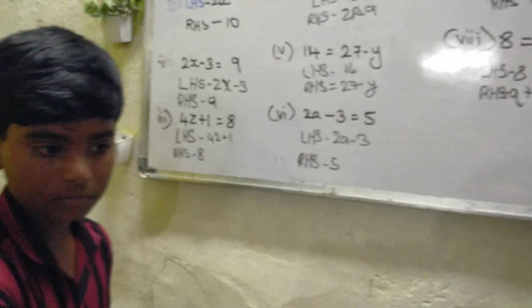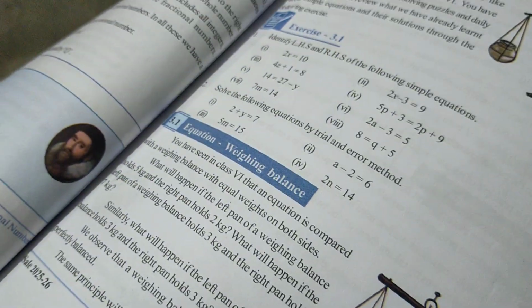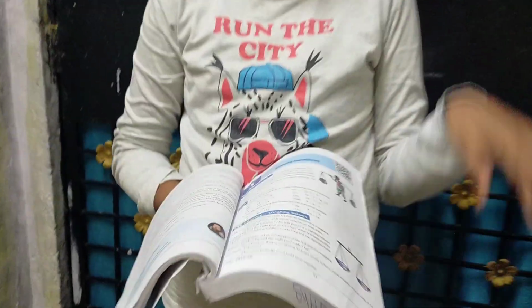Next is trial and error method, right? Yes. Trial and error method. Okay, Manya, we'll finish with the second bit without Siddharth. He went for the birthday party. Fine, you will do it now.